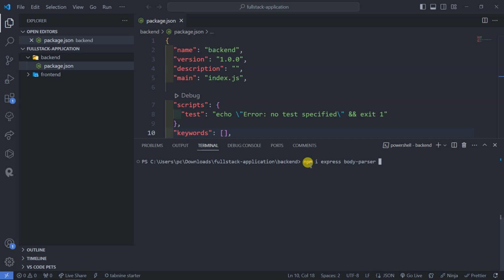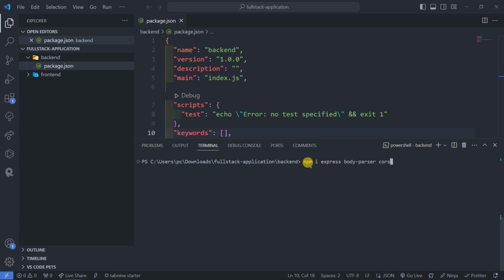Then we have a lot of other packages. Let me check. We need cors, like this, for cross origin, to enable us to make requests from another place. Like if you go to http/contacts to get all the data related to contacts, http/something, to make this cross origin HTTP request, because